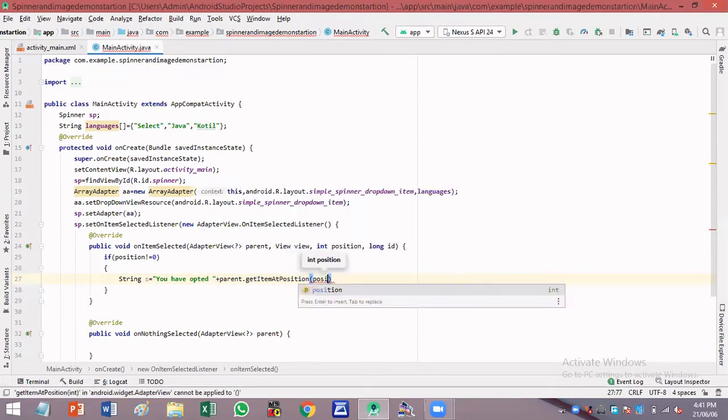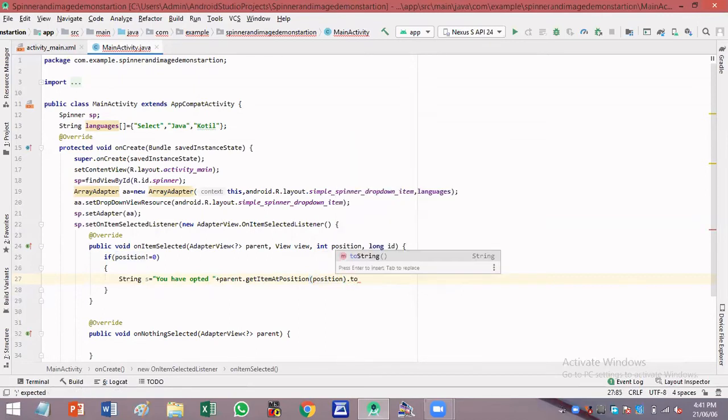Which position? It is pointed out by the position variable. Okay, so that is position, and you have to convert that value to string, then semicolon. So this string s will construct a message that has to be displayed to the user in the alert dialog box. You have opted which language, either Java or Kotlin. Based on the user selection, the message will be constructed here.